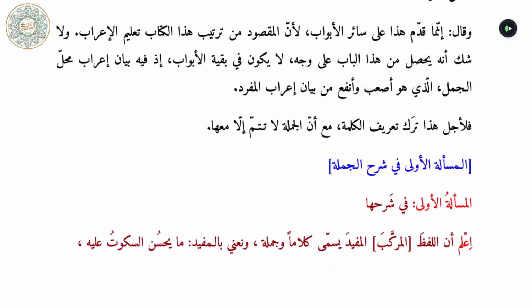Okay. Now, why mention this first? Why mention باب الجملة وأحكامها first? He says وإنما قدم هذا على سائر الأبواب. Kafiyji writes that the reason he brought this first is because the purpose of the book is to teach i'rab. And obviously by learning the i'rab of jumal, of sentences, you learn i'rab to a degree. Number 2, the i'rab that's taught here is not the i'rab you normally learn in books of nahwu. Because books of nahwu primarily deal with i'rab of structures within a sentence,